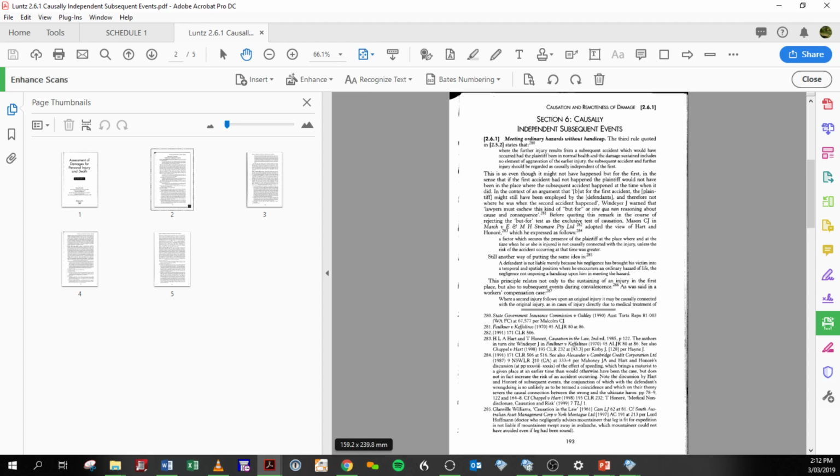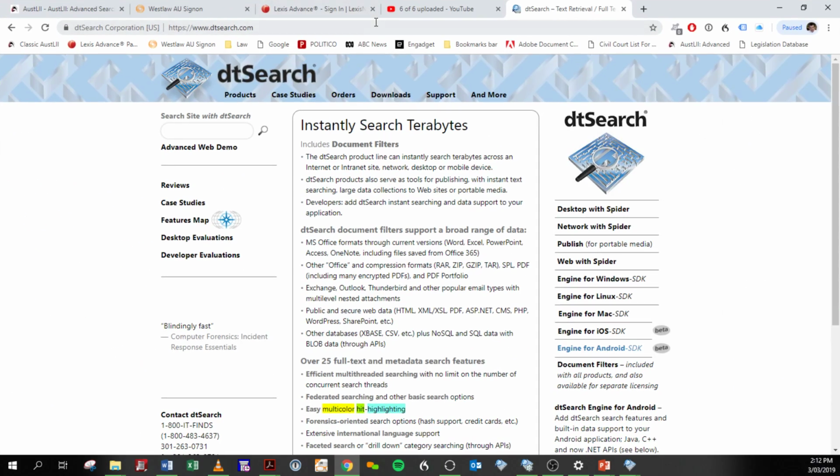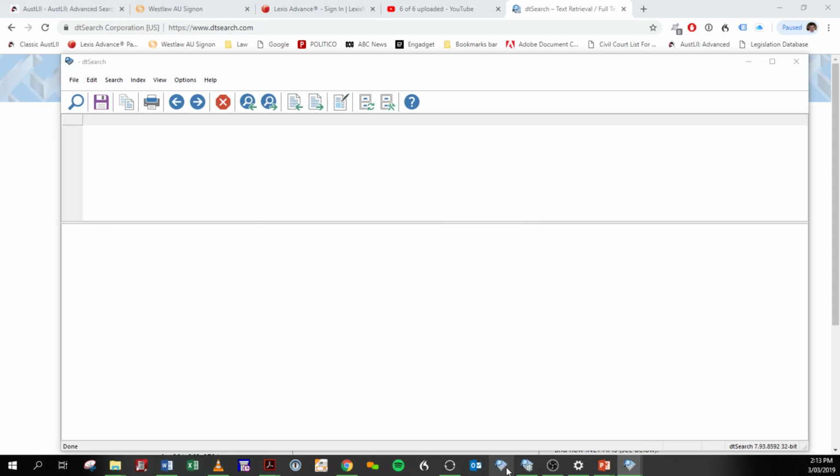Another way in which I use documents where I don't know the name of the file is to use a search index, and I use DT Search. I've been using it for years. It's very good, and so this software actually trawls through the documents and indexes them, and then with a search engine like Google, it can bring up the documents if you know roughly what's in it. I'll give you an example